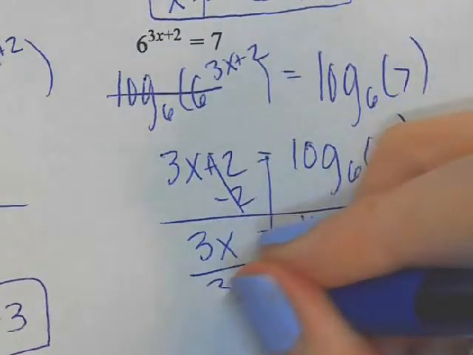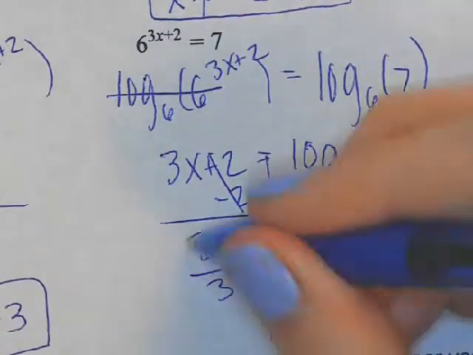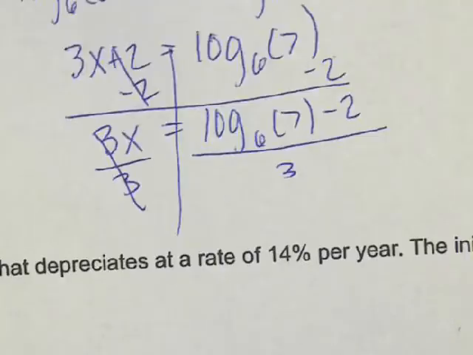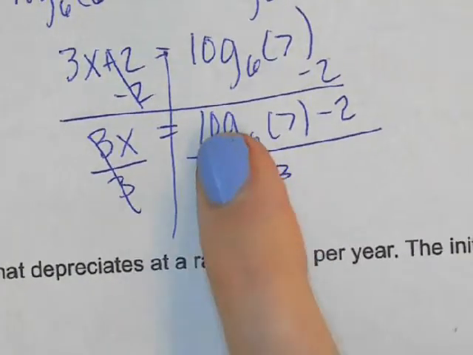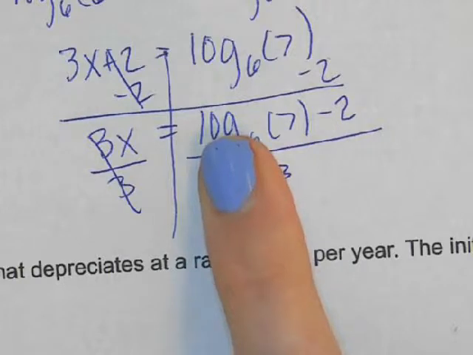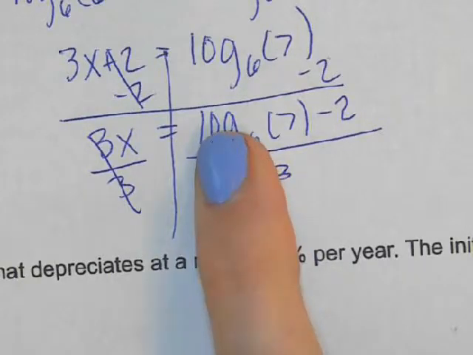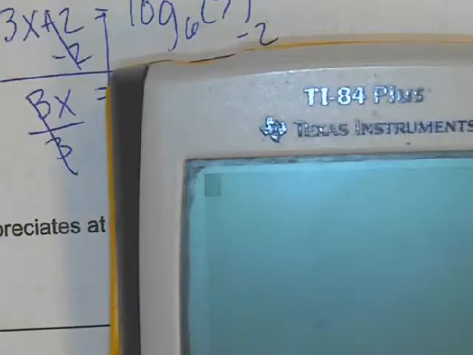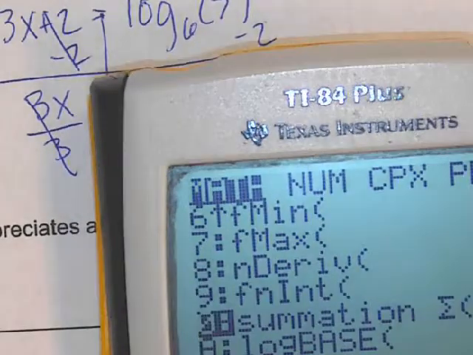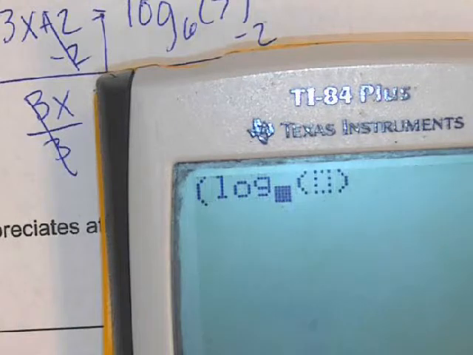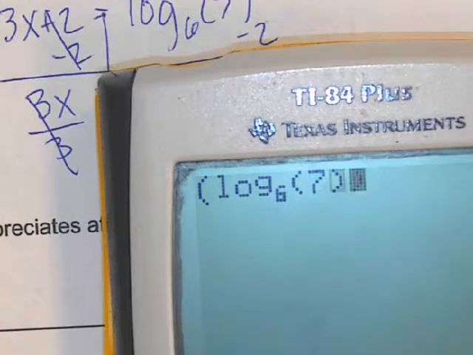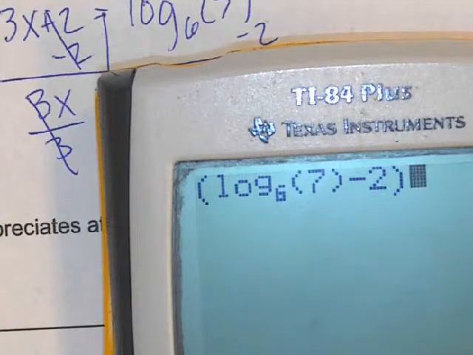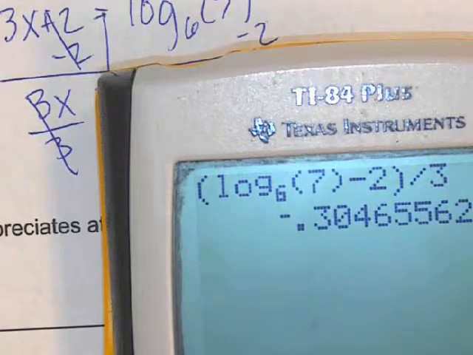Now divide by 3, so I divide all this by 3. Okay, be careful when you type this in your calculator. Is the log the only thing in the numerator? No, so how do I tell the calculator that all of that is in the numerator? Parentheses. So parentheses, math, log base 6 of 7 minus 2. Close it, because now it knows that all of this is the numerator. Divide it by 3, and you get